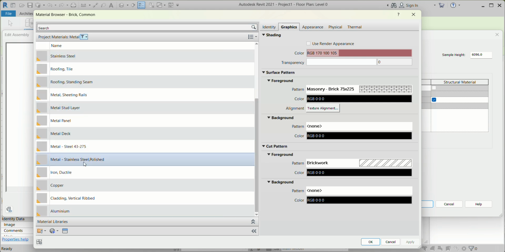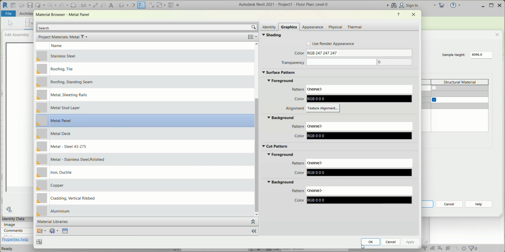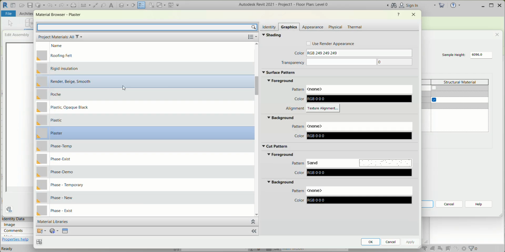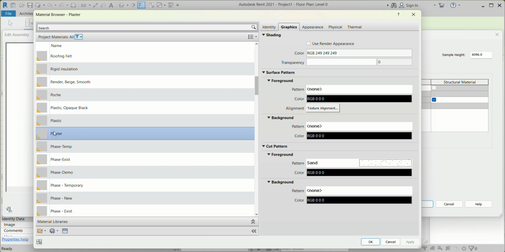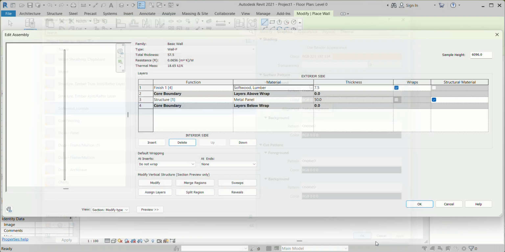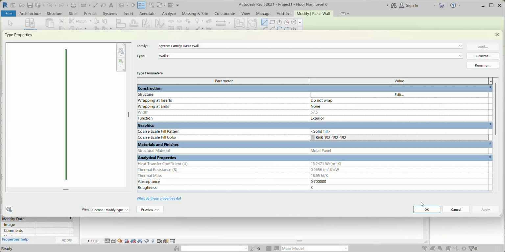Okay. Metal stud layer or something, or metal panel. So I can just choose the metal panel. Okay. Right, metal panel, I can put it 100. I can put it 50. And finishing, I can go to choose wood finish. Okay, well applied. Okay,